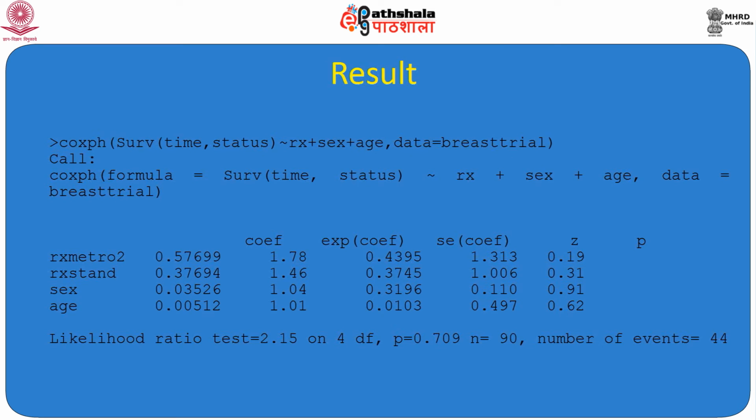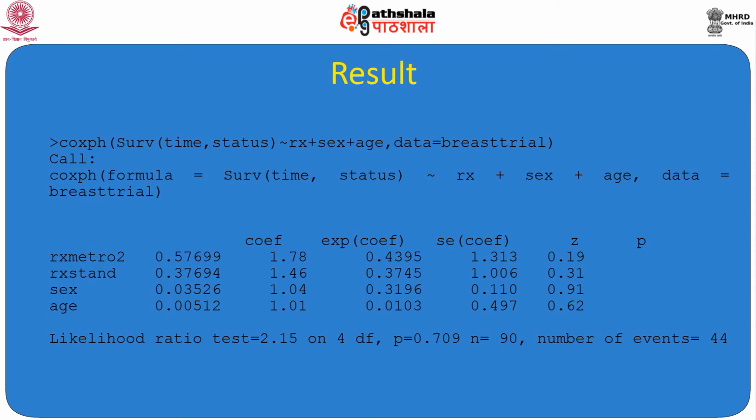Now the coxph function is giving us the result, and you can see the first column showing Rx metro 2, Rx standard, sex and age. Their corresponding regression coefficient estimates are given in the second column. Since in the database Rx has three arms, that is standard, metro and metro 2, with respect to metro 2 the regression coefficient is given as 0.57699. With respect to metro, for the standard arm the regression coefficient is given as 0.37694, and the corresponding exponential of coefficients